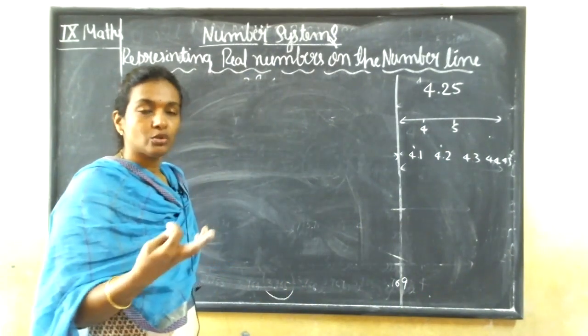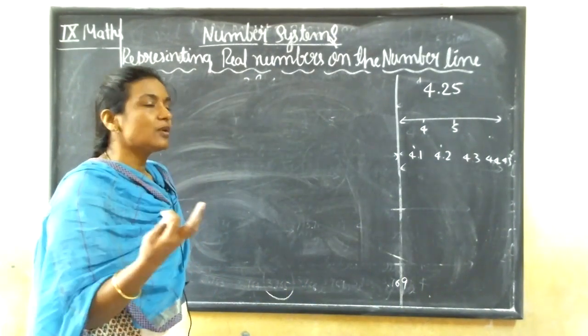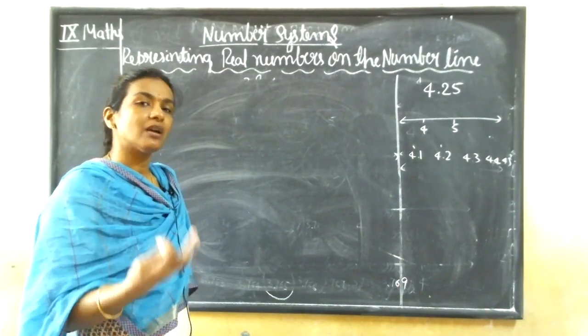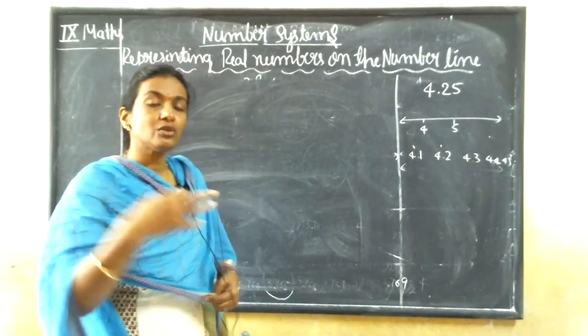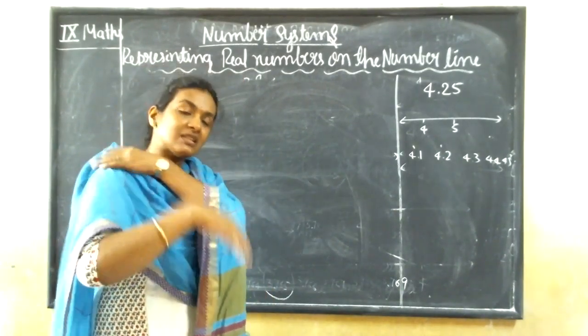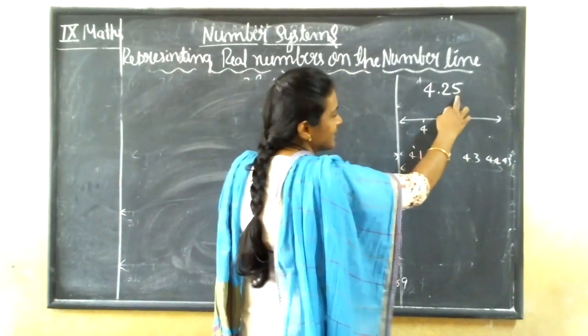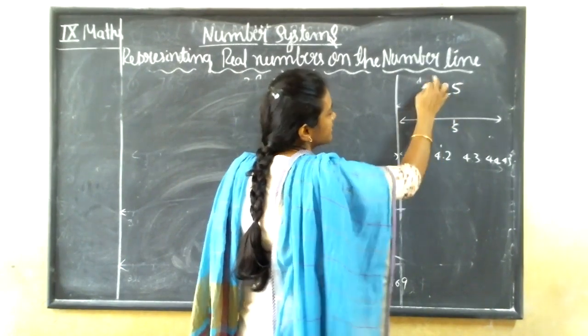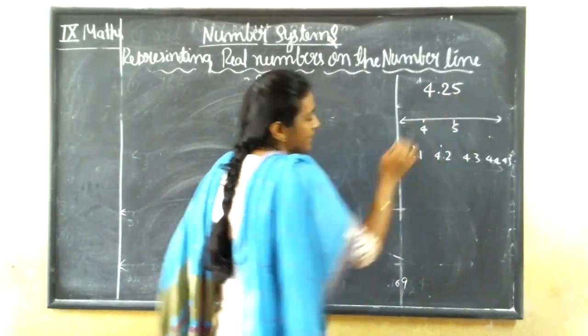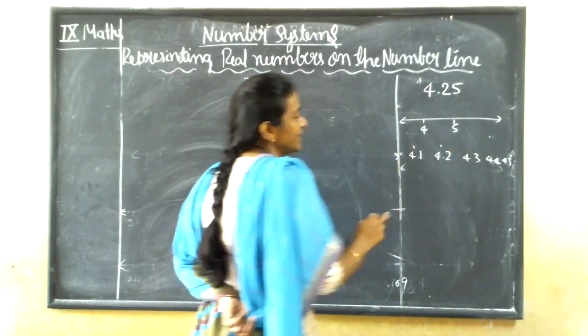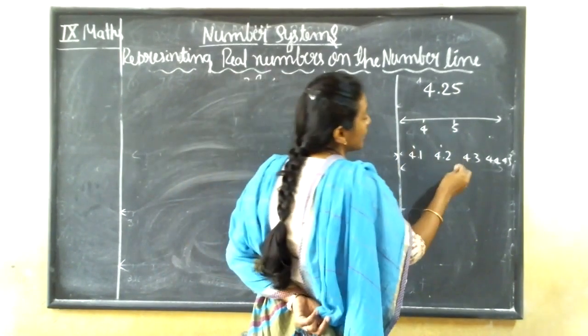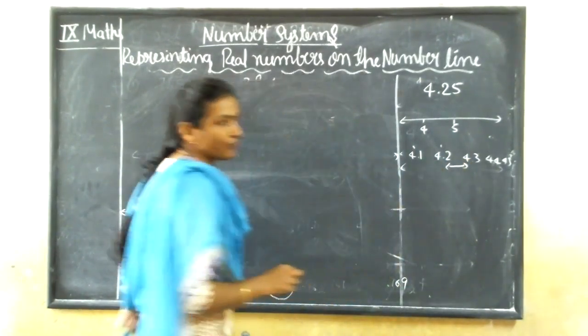Greater than, you know that with decimal values. After the decimal point, whatever the values are, even if they are bigger numbers, if the number before the decimal point is smaller, the number is less. Here 5 is there, but this is less than 4 only, because this is the whole number and this is the decimals, right? So here we are going to write 4.1, like this. So it lies in between 4.2 and 4.3.